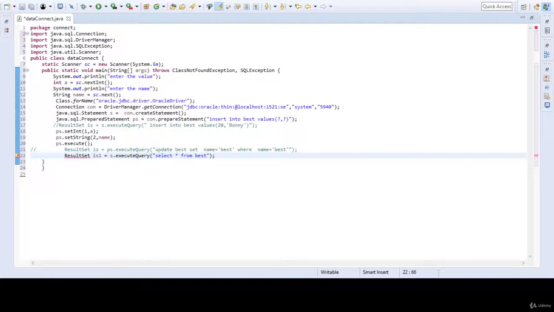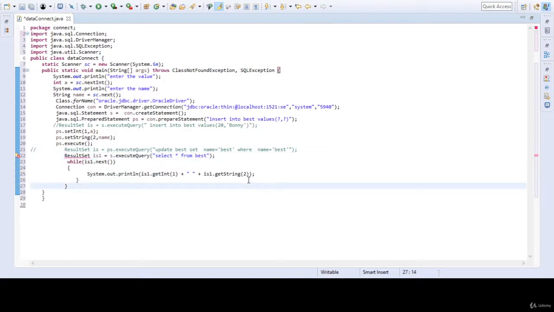After this we are going to set a loop, right. Our program shouldn't stop anywhere, so for this purpose we are going to create a while loop. While is one means this object dot next, means when it has next it is going to print, right, all the table it should print.